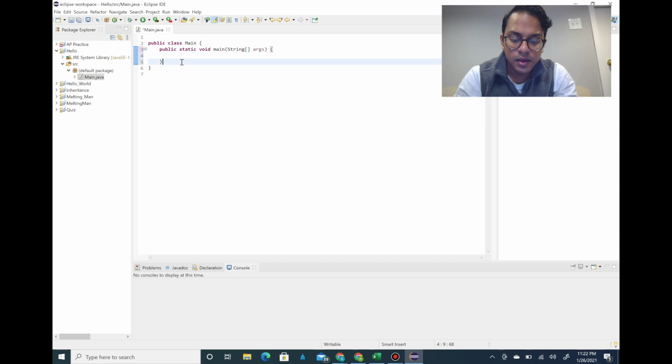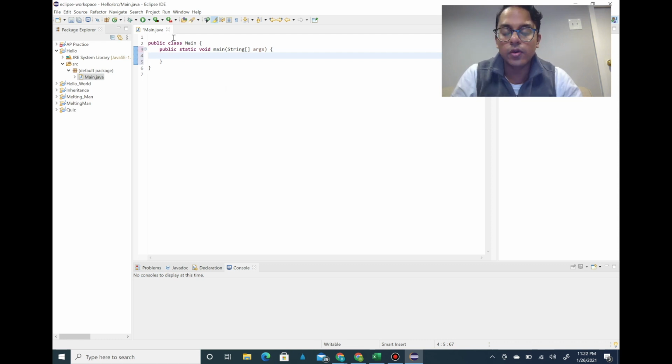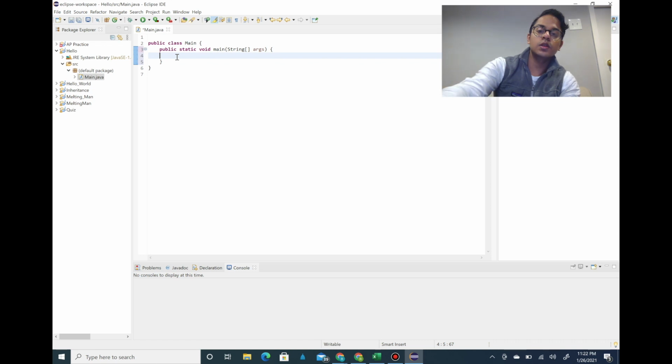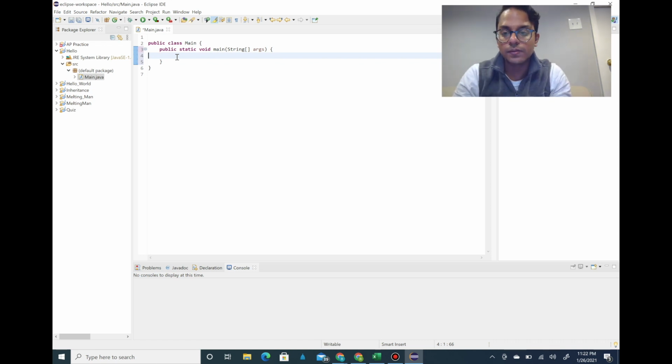Really, writing a message to the console only requires you to make use of a very simple Java method, a built-in method that comes within Java. You want to make sure your cursor is located in that main method, because any code that you want to execute every time that you run a project needs to exist within that main method. So let's just make sure we're right in there. For indentation purposes, I've navigated over to the one tab space. Anytime you want to print to the console, you're going to have to use something called a System.out